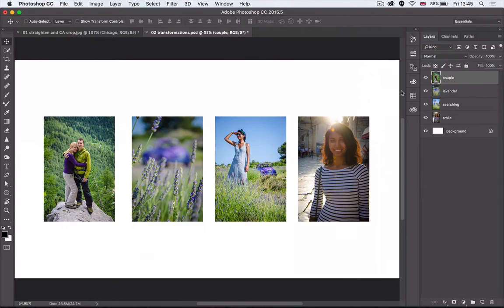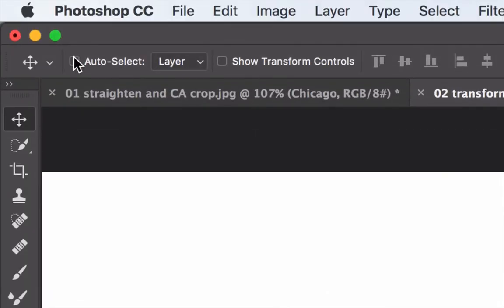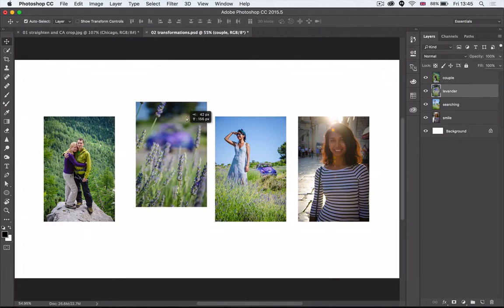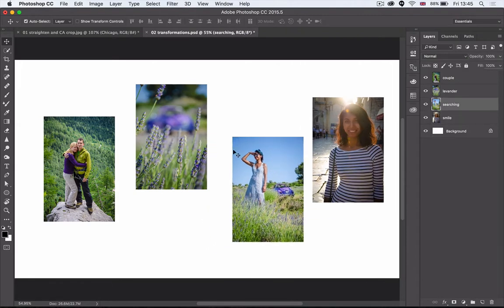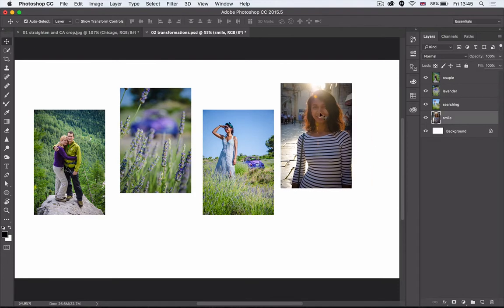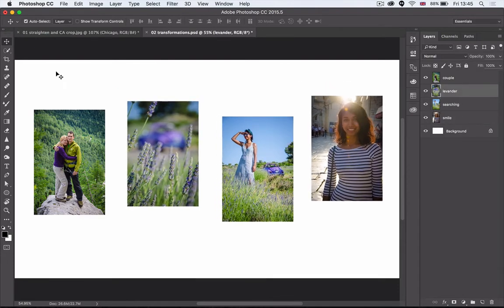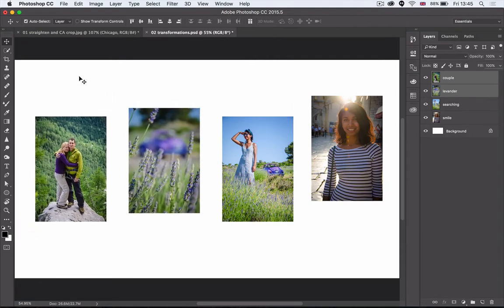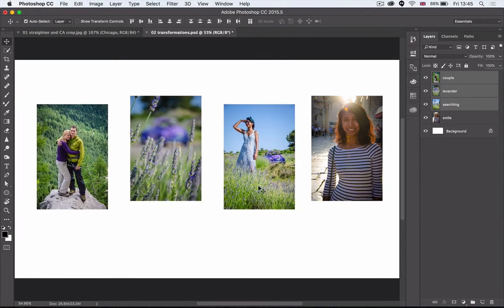So each of these images is a separate layer. Now, you probably know this feature of the Move tool called Auto Select. If that is selected, that's great, because then whatever you click on will be able to move around immediately. And see on the right, it swaps between layers automatically, which is great. I can even click and drag, highlight 2 layers and then move those around. Or again, click and drag, highlight these 3 and move it around. And if I click somewhere outside, that's deselecting layers. So this is great, this auto select feature. But I